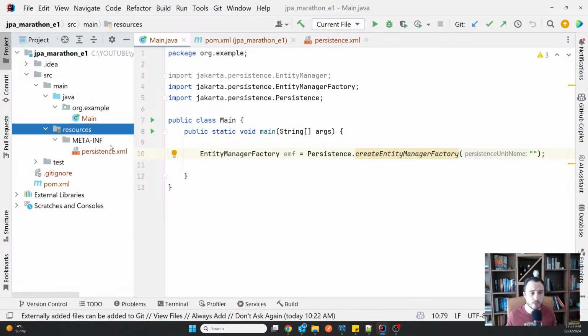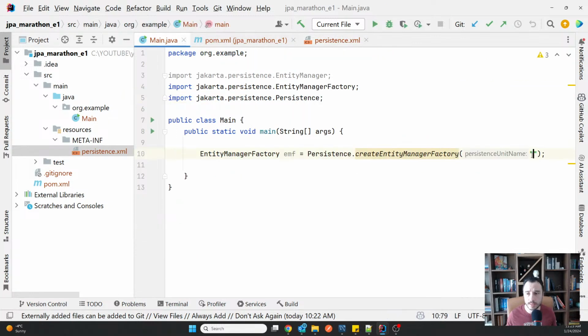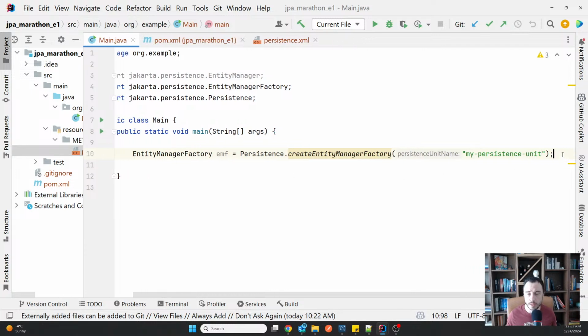So normally you shouldn't be doubtful about that. I'm just going to copy this exactly as is and put it here. Okay, and then I'm able to create an entity manager using the factory.